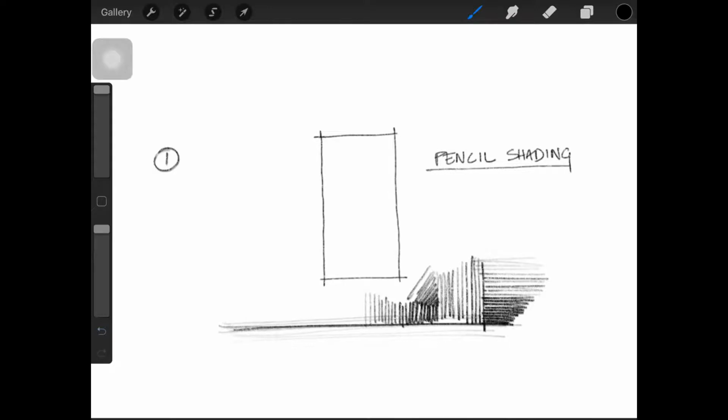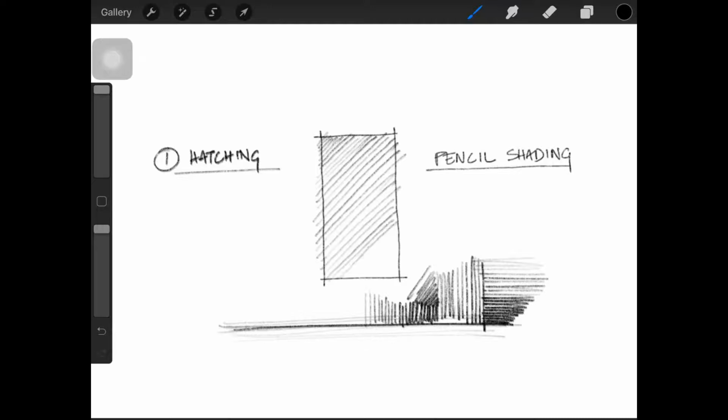So the first kind of shading that we are gonna try is called hatching. I'm gonna choose an angle my hand would go freely, and I'm gonna start drawing repetitive lines to fill this shape right here. So obviously some of the lines would cross over the edges, but you can always make it up by darkening the boundary after you have put in the shading.